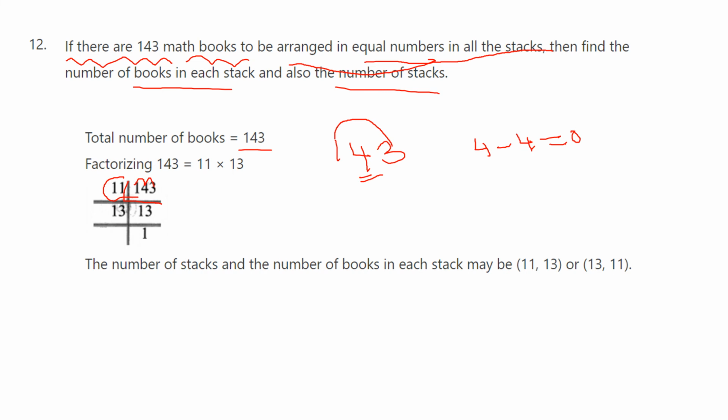So we take 143 divided by 11. So 1 11 is 11. 14 minus 11 remaining 3, 33. 33 in 11, 3 times. So you put 13. So 13 is a prime number. Here also you write the prime number. 13 1s are 13. So factors of 143 are 11 into 13.